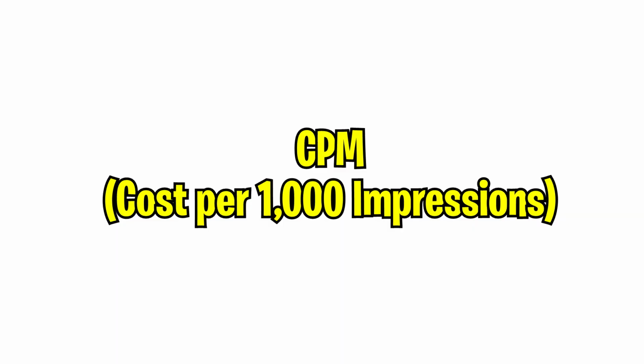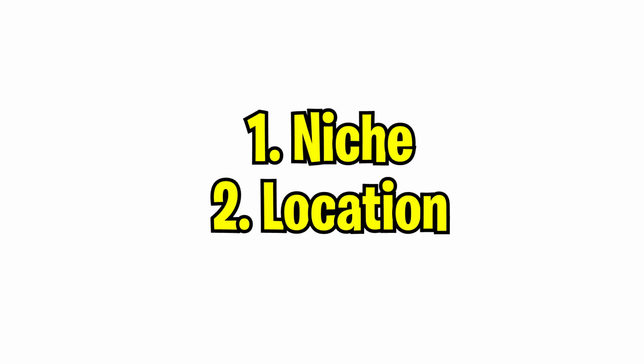Advertisers pay YouTube based off of CPM, which stands for cost per mil, or in other words, the cost per 1,000 impressions. Now the CPM that advertisers actually pay depends on two main factors: the niche of the video and the target audience's location. So let's say, for example, you have a car channel and your target audience is Kenya, and then there's somebody else with another car channel and their target audience is the United States. Your videos could get the exact same views, yet he's gonna make more money than you because of where his audience is from. Because a country like the United States has a lot of demand from advertisers.